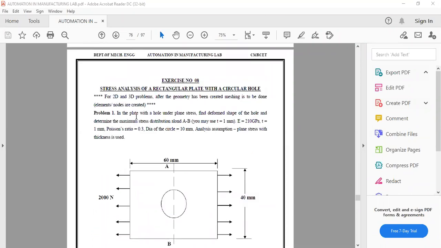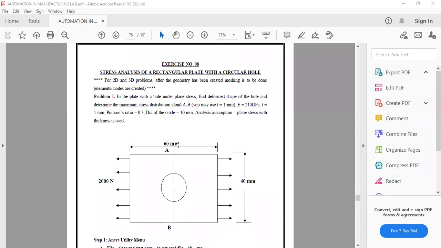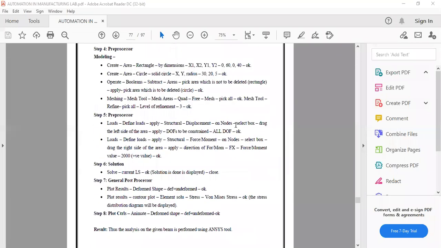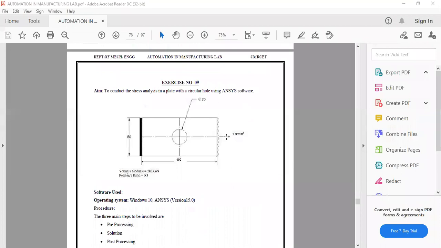We'll analyze the deformed shape of the hole and determine the maximum stress distribution along AB, along this line. You may use t equals 1 mm, the thickness of the plate. E is the given Young's modulus, and the Poisson's ratio, like this. And then this UDL at the end.